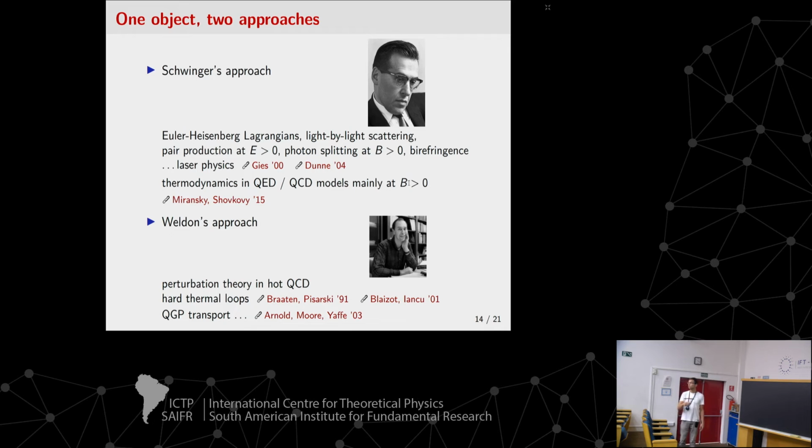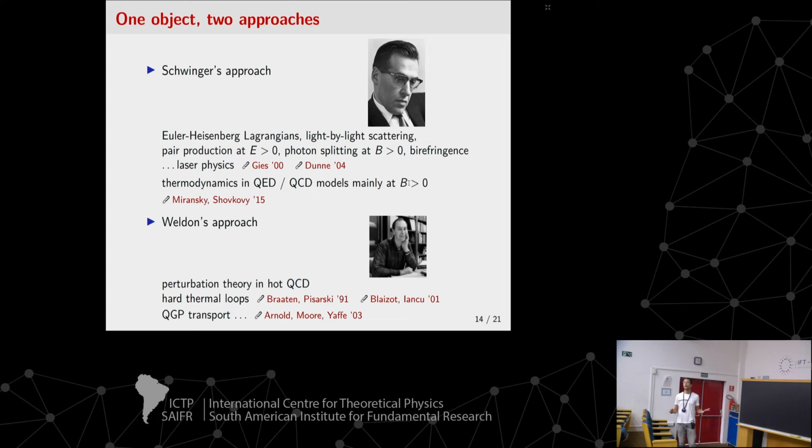And before I show you what comes out of it, let me just stress that both of these approaches are very well established, very well known methods. Schwinger's approach has been used in a plethora of things, just as well as Veldon's approach. In Veldon's case, this is more used in the QCD setup. It's actually the basis of the hard thermal loop approach to perturbative QCD, and this is mostly used